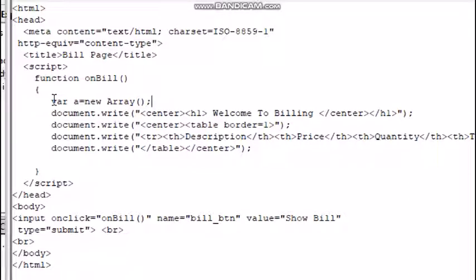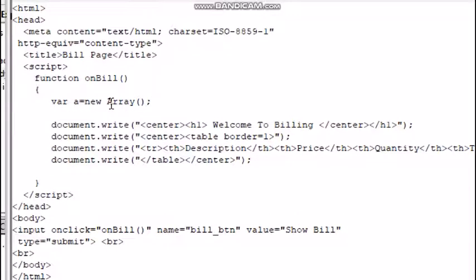In this array, we will store all products along with its detail. These all products are already stored in document.cookie as we have seen in index.html file. So we will redirect the values of document.cookie to array A.